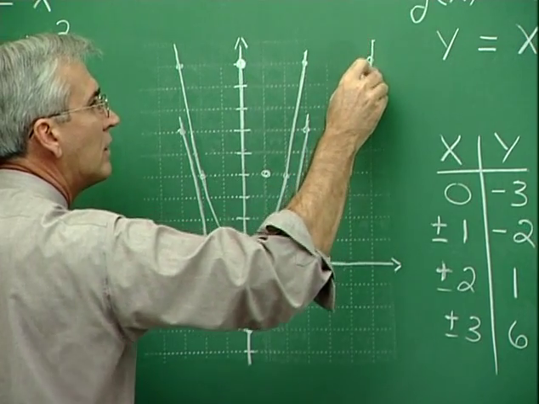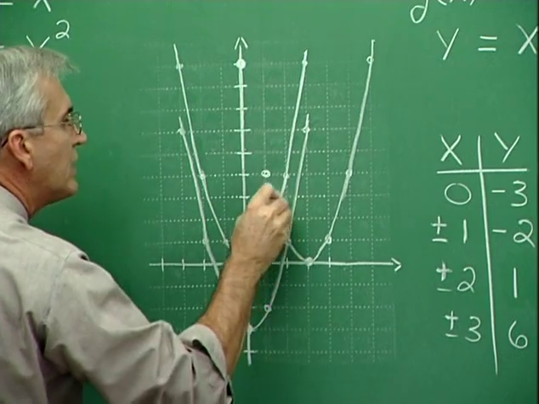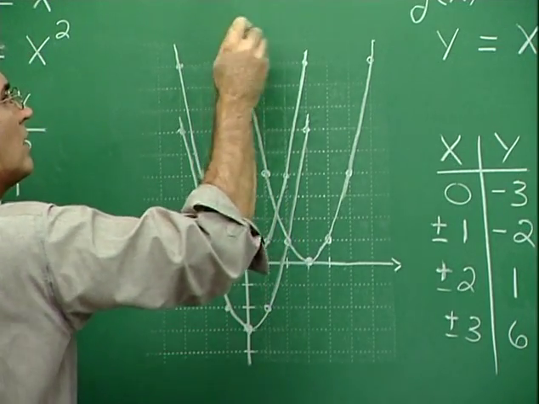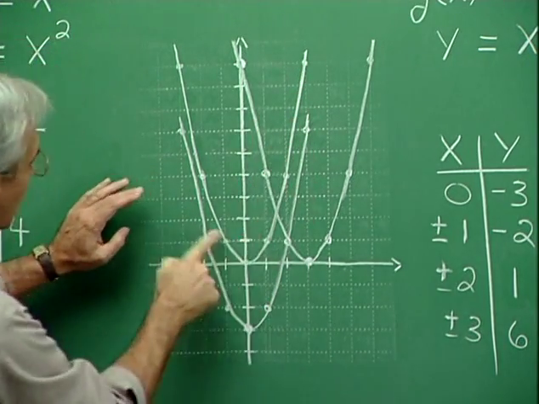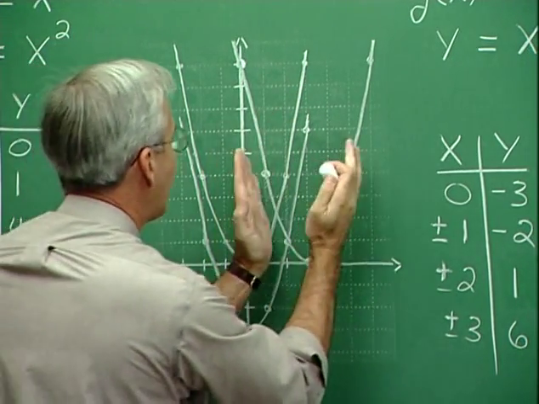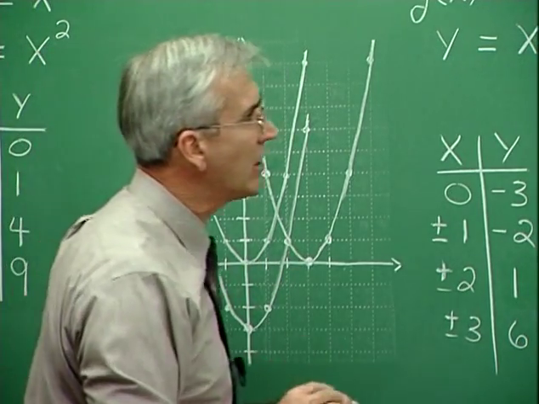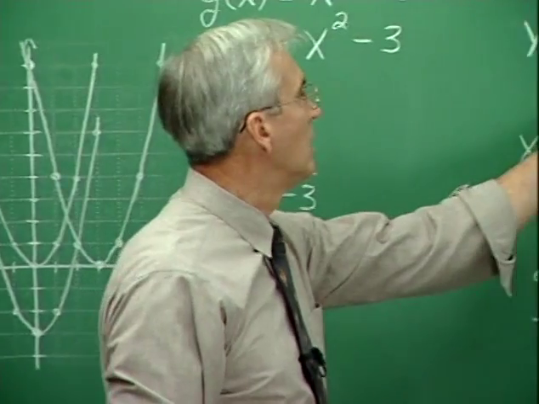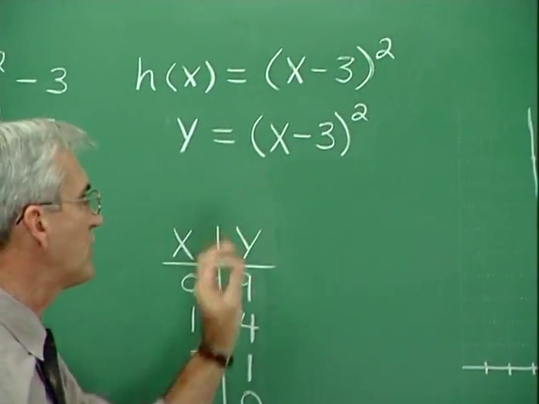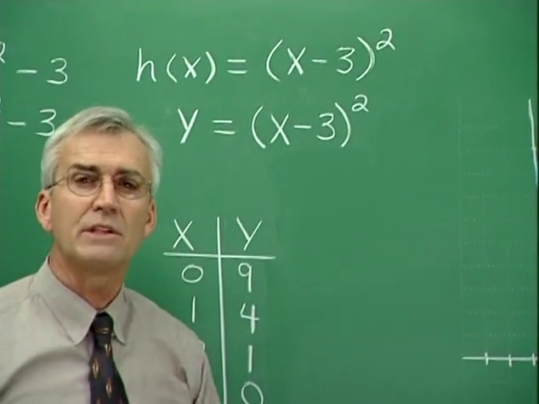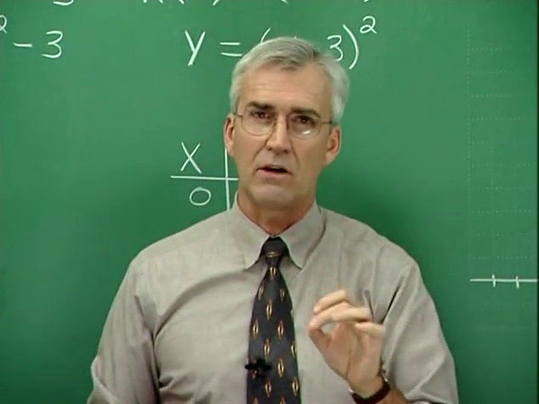Now notice the shift. And all we're talking about so far is shifts that are up, down, left, and right. Notice that this shift from our basic graph, we're actually shifting this graph 3 units to the right. Well, the 3 we can kind of see here by the nature of the equation. You see, we see x minus 3, but gee, we're shifting in a direction we probably don't expect. Let me tell you why that happens, and I'll tell you how you're going to remember this, how to recall